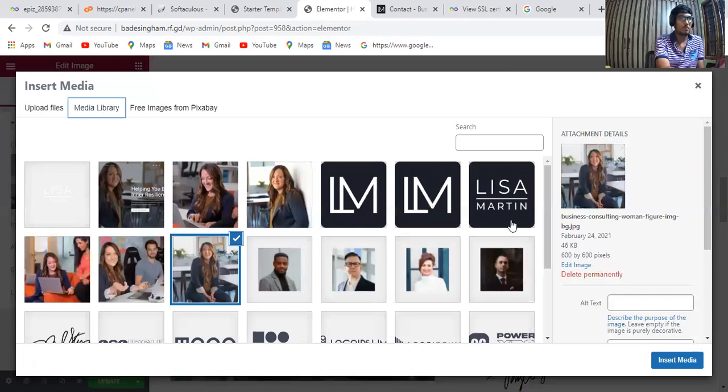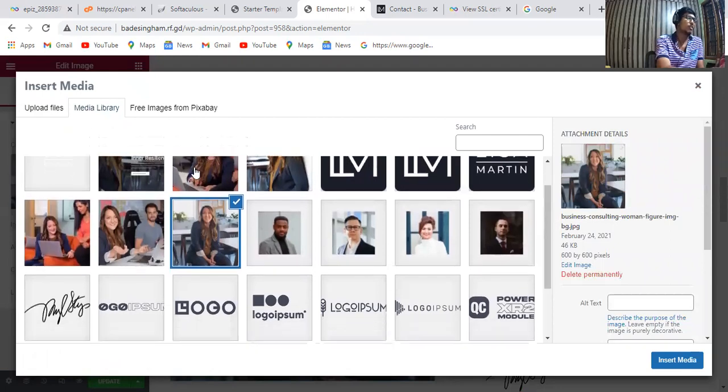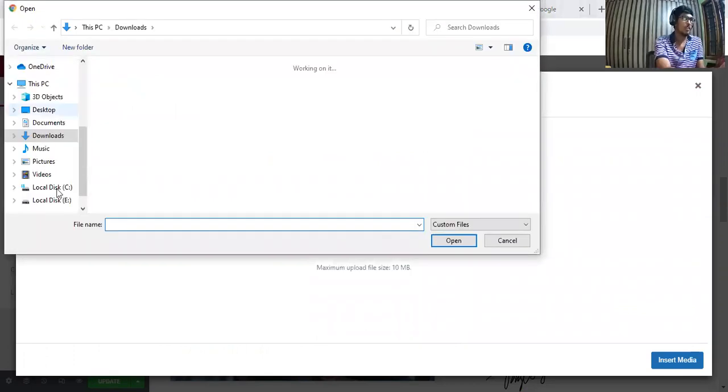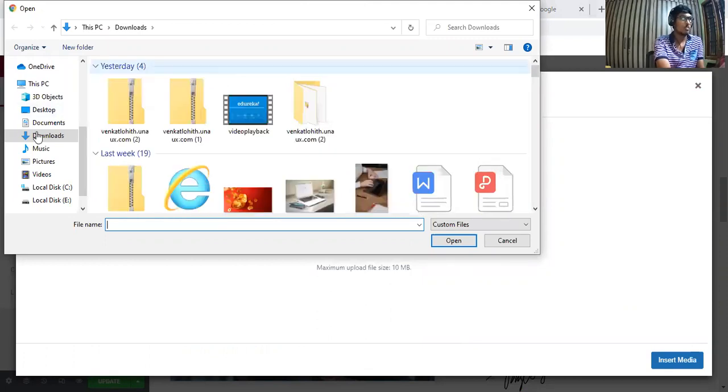And if you want to select a film or many, or otherwise if you want to upload your personal photo, I'm going to select this file and upload my photo also. This was the example of how I'm uploading my photo.